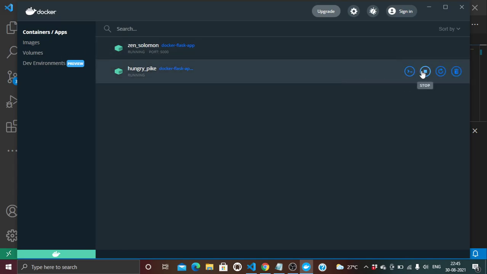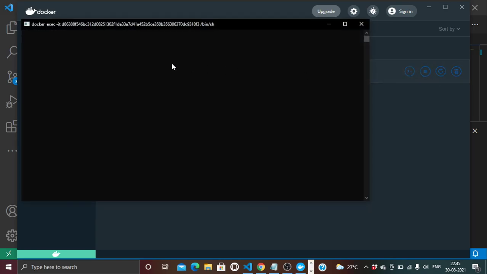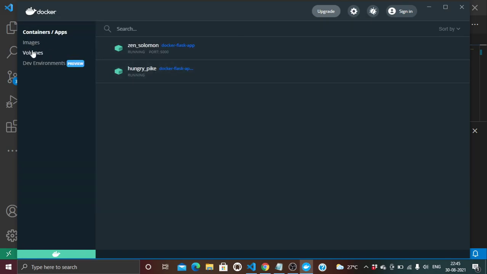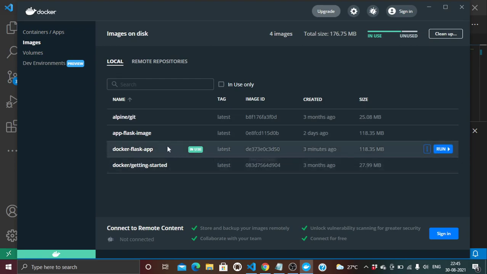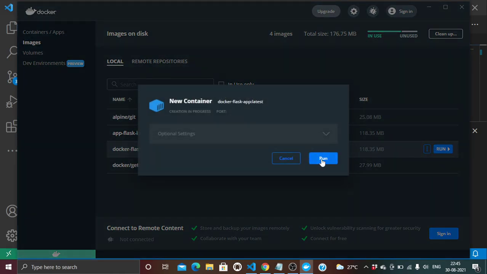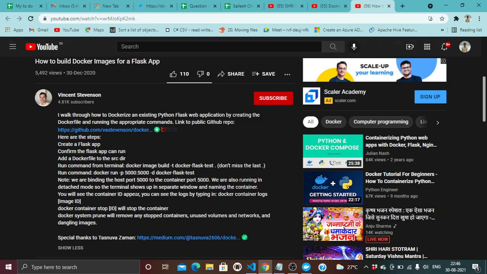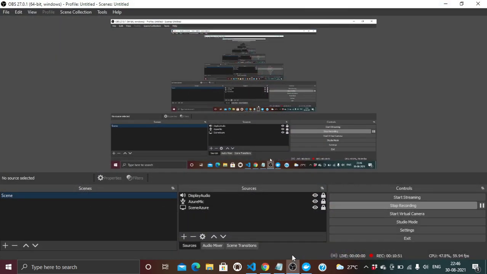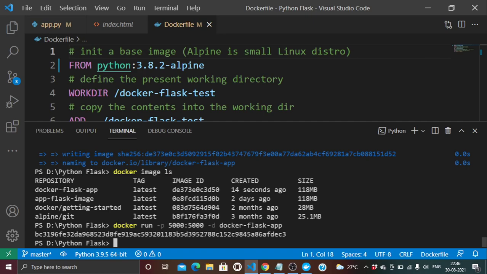So we have just run it. After running docker run with port 5000 mapped to 5000 and the -t flag and then docker-flask-app, we can open localhost 5000.